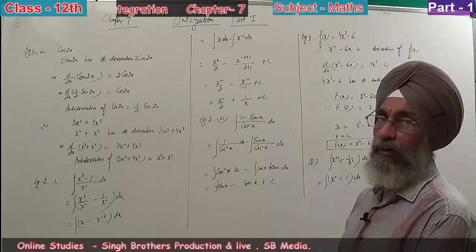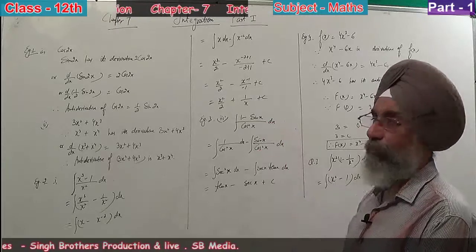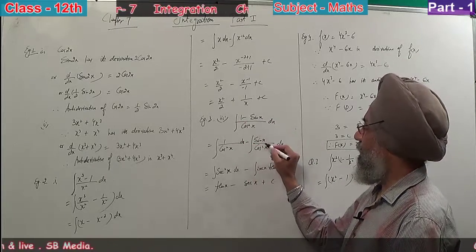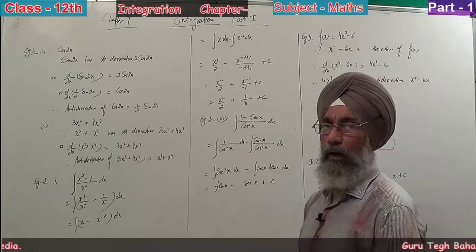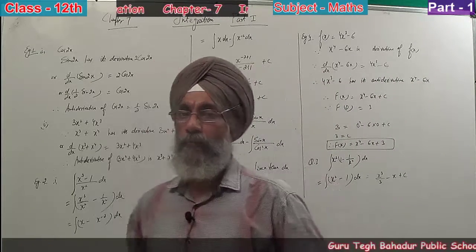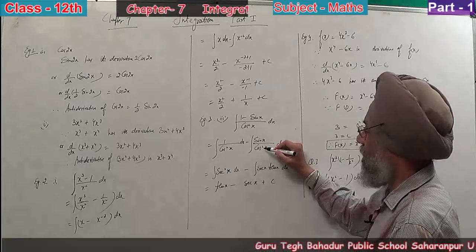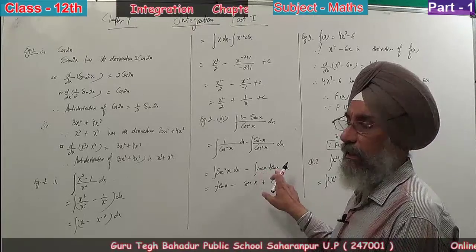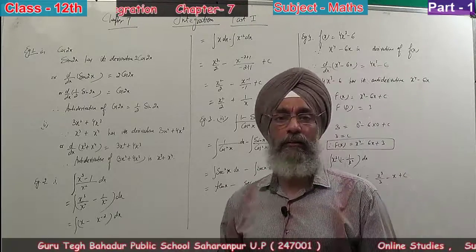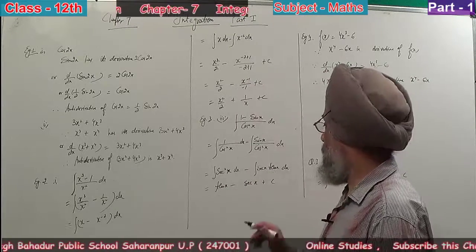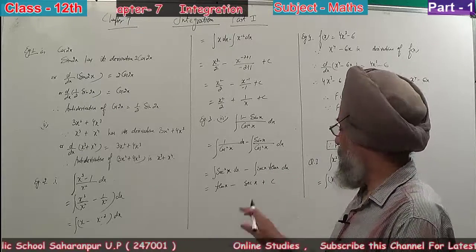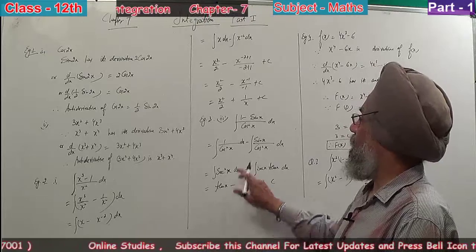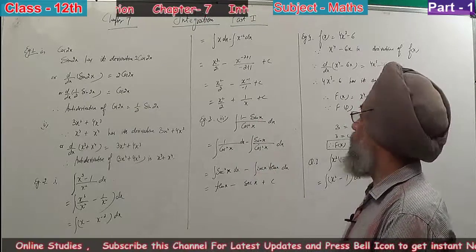If you see example 3, part 3, integration of (1 minus sin x) upon cos square x dx. Splitting it becomes 1 upon cos square x dx minus sin x upon cos square x dx. 1 upon cos square is sec square, and sin upon cos is tan, and one cos is left, it becomes sec x, so it becomes sec x tan x. Now integration of sec square x is tan x, and for sec x tan x it is sec x plus constant of integration, that is the integration for (1 minus sin x) upon cos square x.